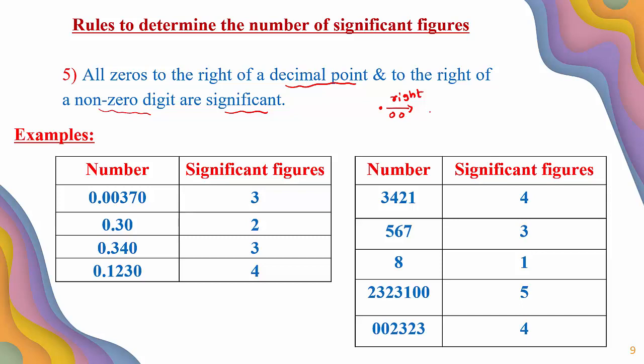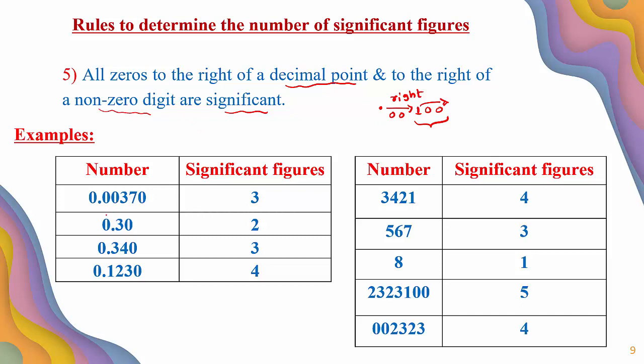Right of the non-zero digits, they are significant. Suppose I am going to write the number 1,100. Right of these non-zero digits, they are significant. I will give you an example. You can observe here, the first number is